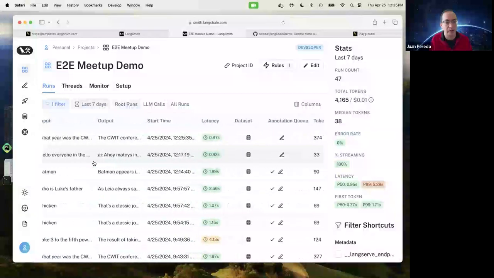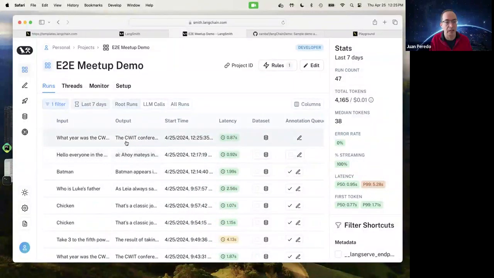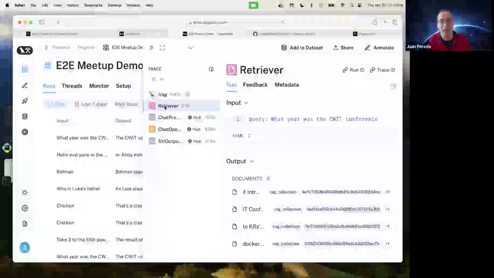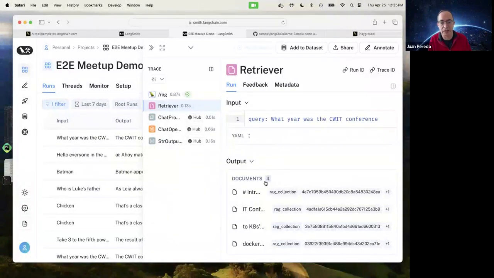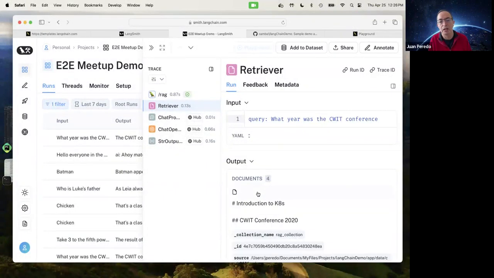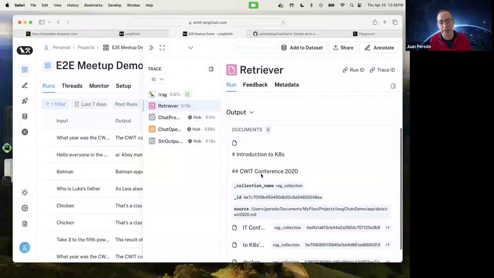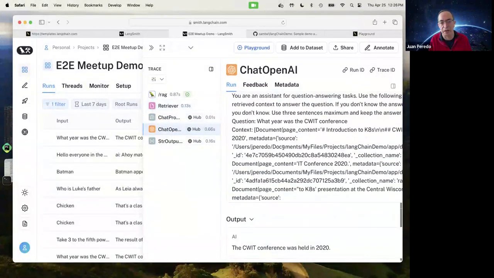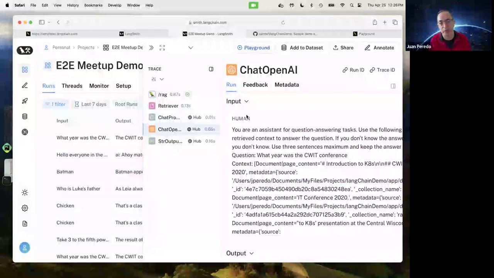And come back here, and you can click on that particular trace. And you can see that the first thing that it did, the retriever went to the database and got some information from the database. So these are bits of the document that it found that contain potentially relevant information. Then we put that as part of our input to the LLM. So this is the prompt that we had seen.